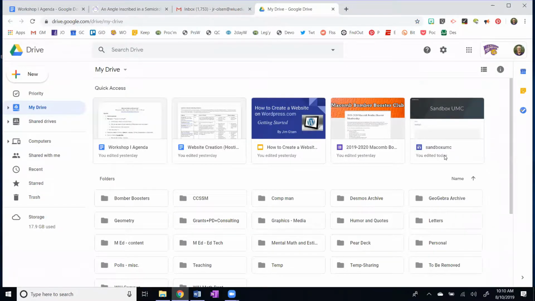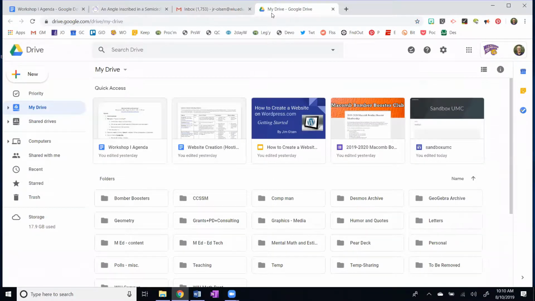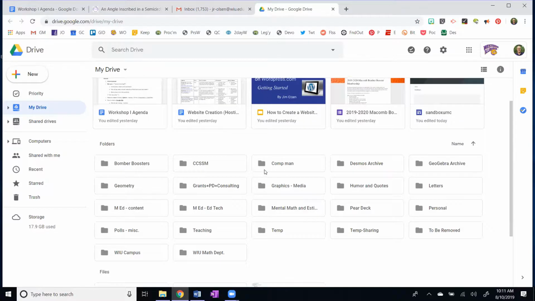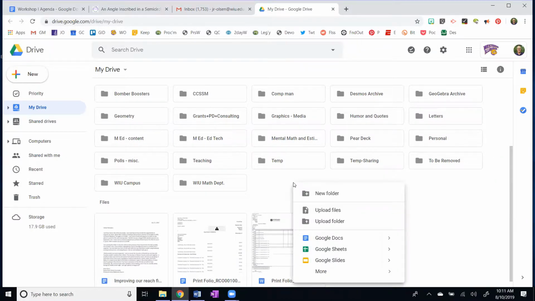And what this is going to do is open up another tab. This tab right here is my Gmail, and this tab right here is my Drive. And it's a good idea to get used to this little icon, this green, yellow, and blue triangle. This is the icon for Google Drive, okay? Now, you can create folders in here. So why don't we create a folder here. So come down into your white space and right-click and hit New Folder.